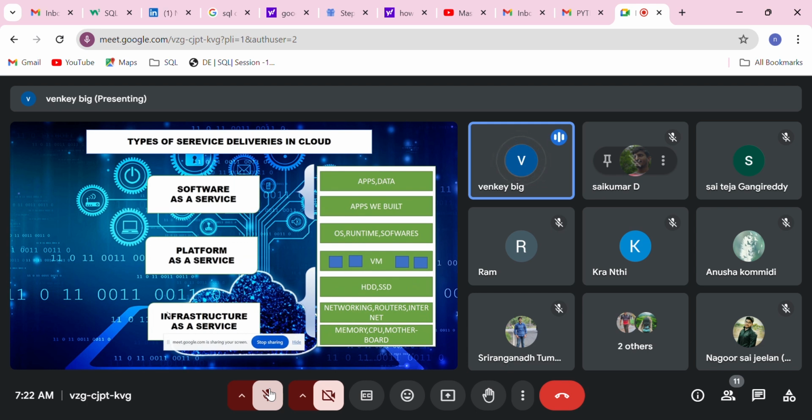When you see platform as a service, all the services that we are using inside the cloud platform are platform as a service, because they are serving platforms. One platform means one service, for the development of applications.